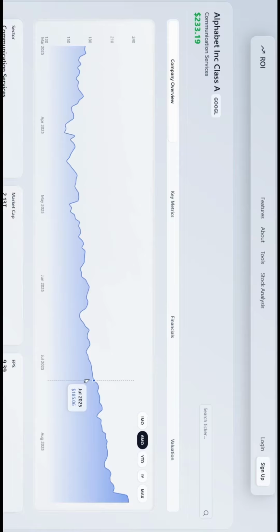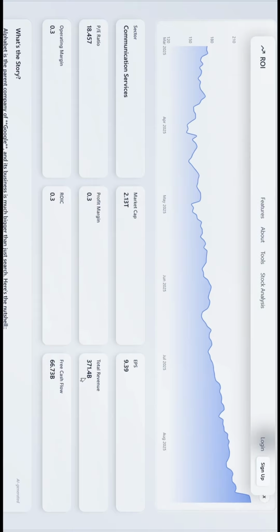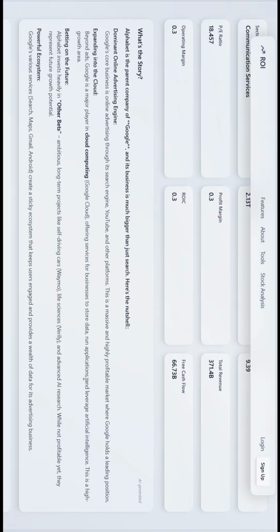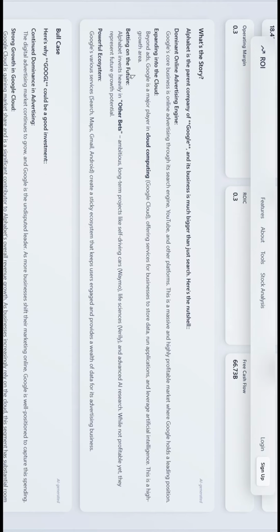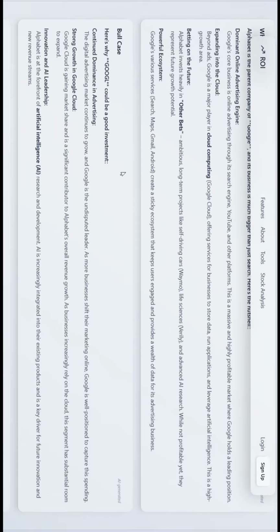Limitation on the future business practices. So let's continue. Here is some more information if you want it a bit more high level. This tells you the story behind Google, what their dominant and expanding areas are, how they are growing, and their ecosystems. This tells you a story, and all of these parts are AI generated.